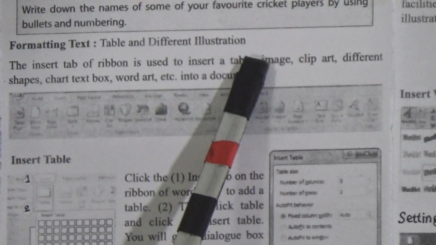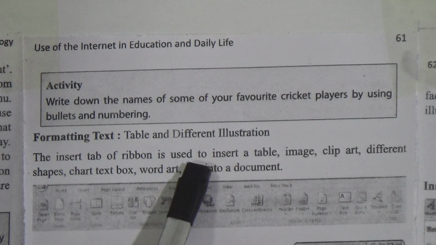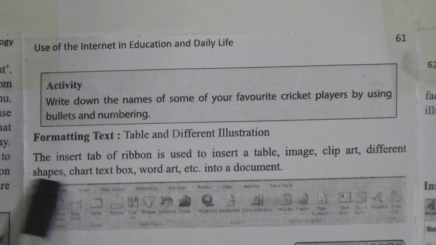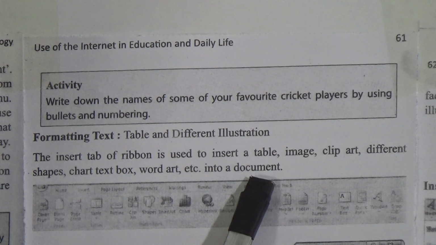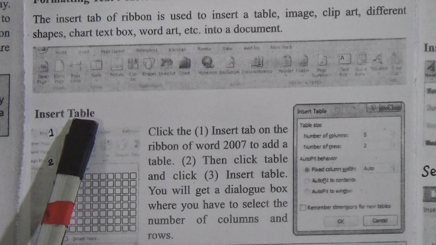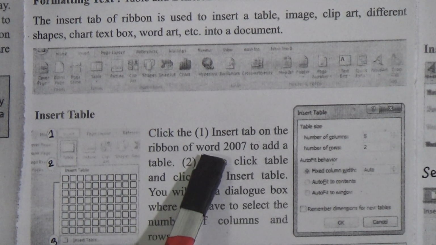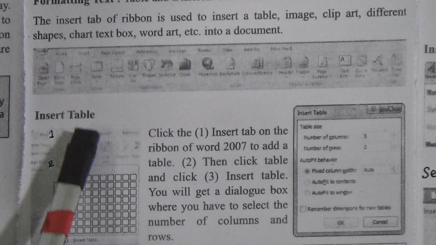The next one, formatting text, table and different illustrations. The insert tab of the ribbon is used to insert a table, image, clipboard, different shapes, chart, text box, word art, etc. in a document. Insert table: using a word processor we can insert a table and then write down in it. Click on the insert tab on the ribbon of Word 2007 to add a table. This is one, and here is an option of